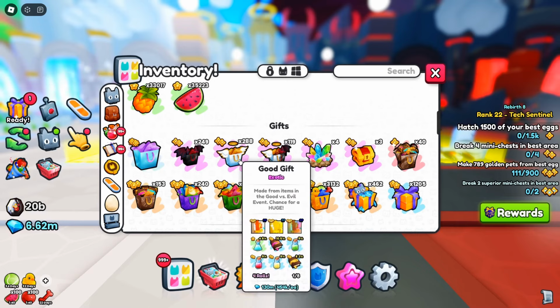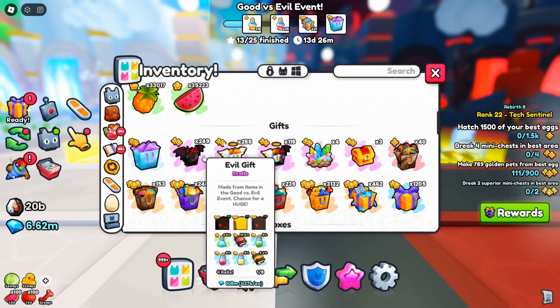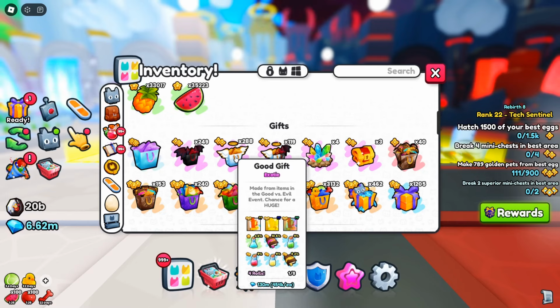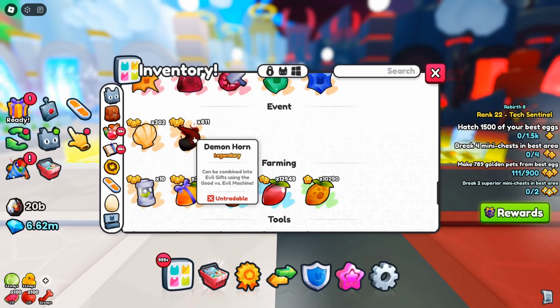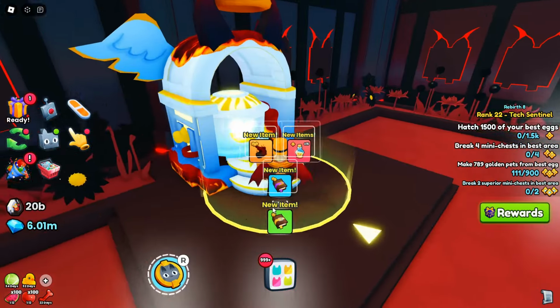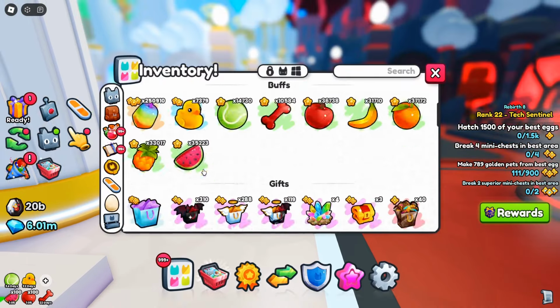And for the good gifts, because I am obviously on the evil side, I did have to buy these, so I did end up spending quite a lot of my diamonds. However, it doesn't matter too much because it's all for the fun of potentially getting a huge. So yeah, right here we have 656 gifts altogether, which we're going to open up over the course of this video. However, I do also have another 611 devil horns right here, which I think is going to give us another 61 evil gifts. So basically, we're opening up 700 plus different gifts throughout this video,